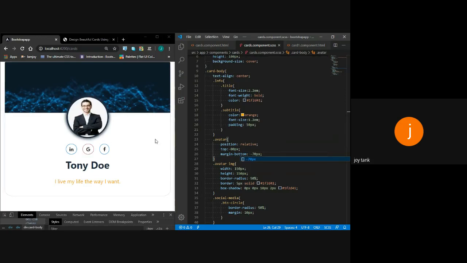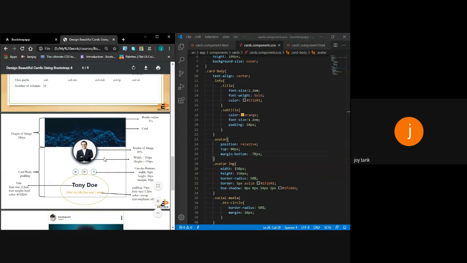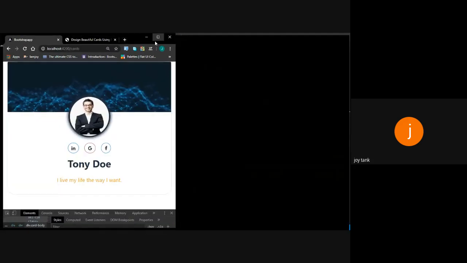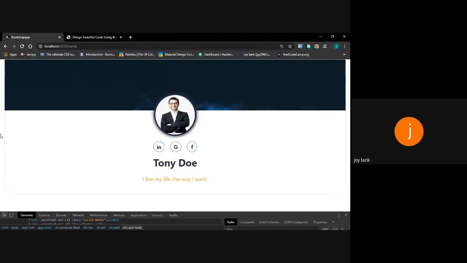Okay. Now what things are left? You can see that this card is using the whole width of my view page. So I don't want this. I want this card to appear in the center of the page.